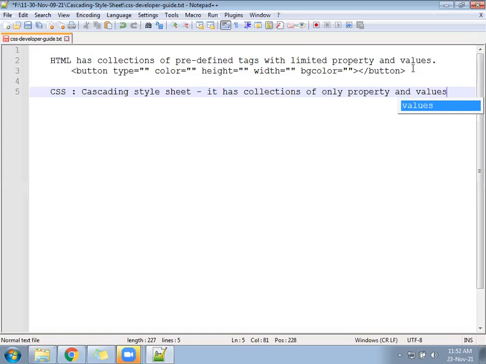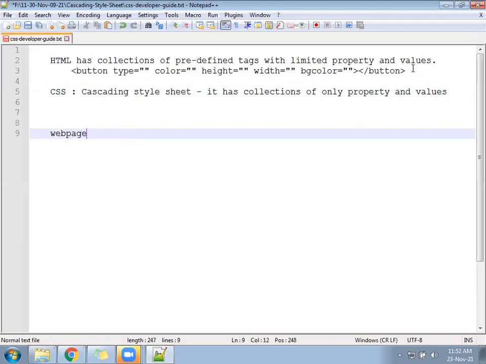So what we will do is, when you are going to design a web page, from HTML we will take the tags, plus from the CSS we will take the property and value. Both we can combine together.